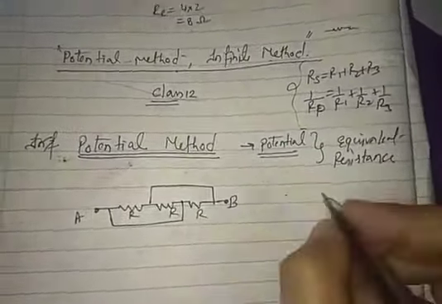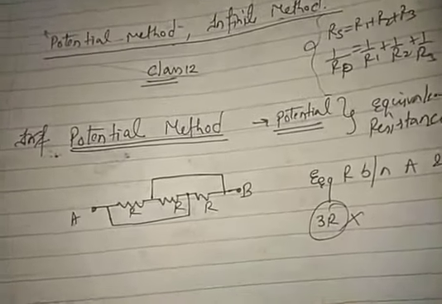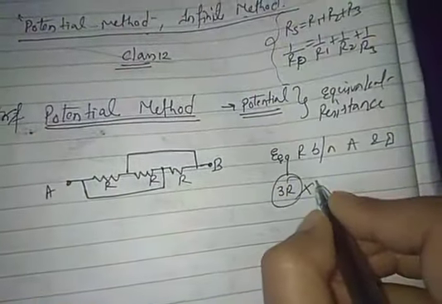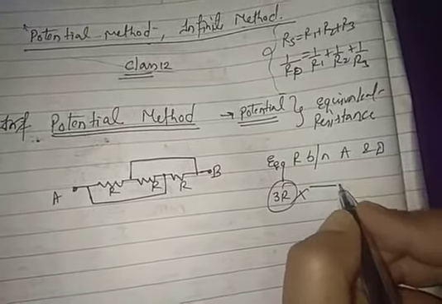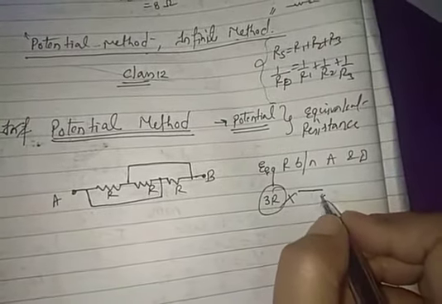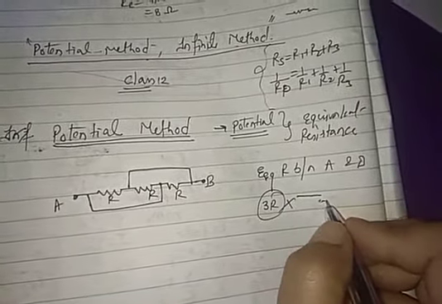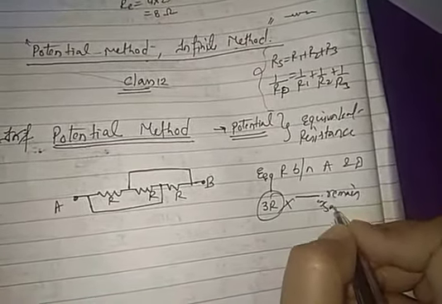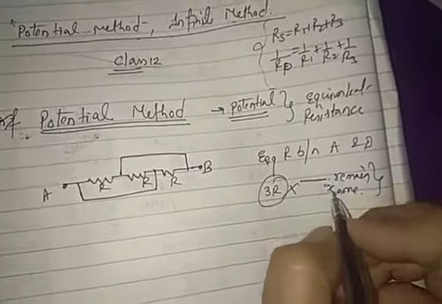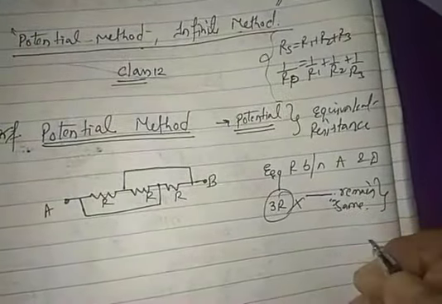According to the concept we have studied, you will say the resistance is 3R, but it is wrong, because as you are seeing the wire is connected like this, and the wires must also have some resistance. Whenever potential is going and no instrument is there, no battery, no cell, no inductor, no capacitor, no resistor, then the potential will remain the same. If an instrument is there, then potential drop will take place.